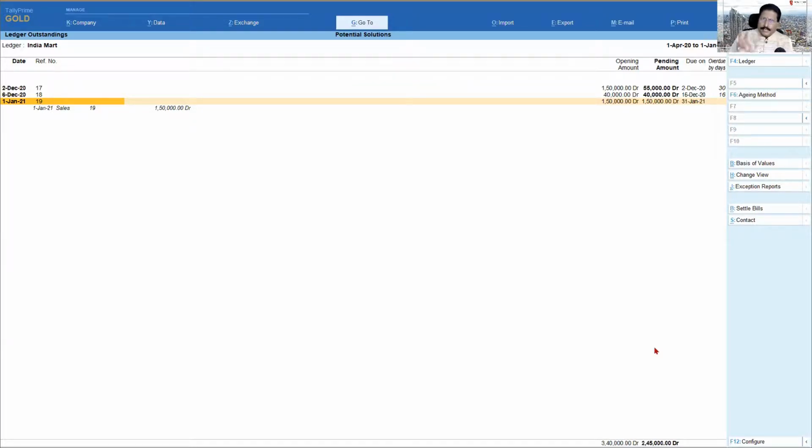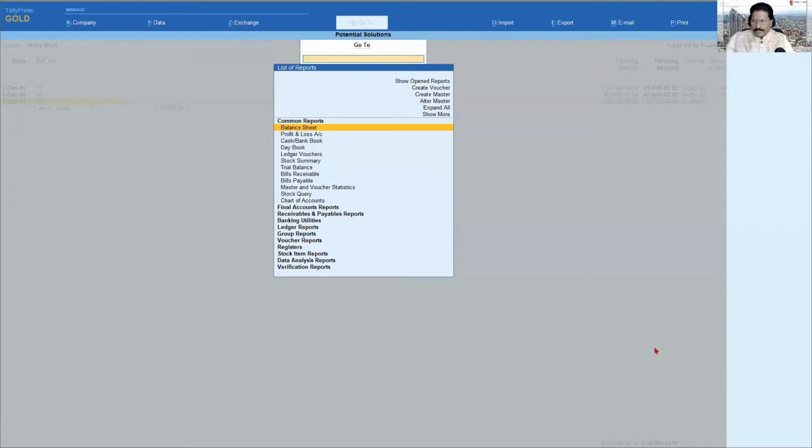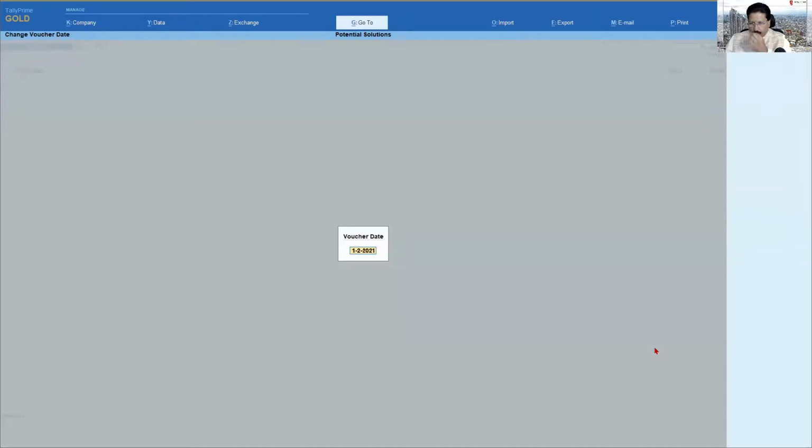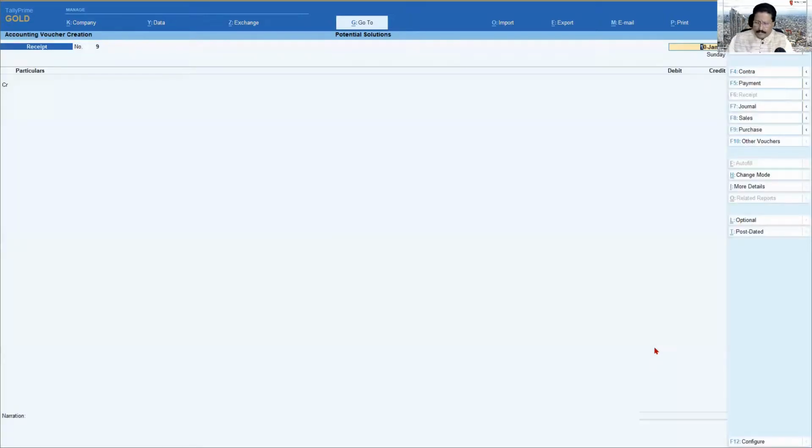Now, what is the credit limit that we have specified for India Mart? We have specified the credit limit for India Mart as 2.5 lakhs. Okay, so 245 is already outstanding. Let us now try to make another invoice and see whether Tally is considering this post-dated check that you have received, the option which we enabled in the master. So I'm going to press Alt G, create voucher, right? And let us say we are going to make this invoice on 10th of January. This is my current date. So I'm going to make an invoice on 10th of January, F8,